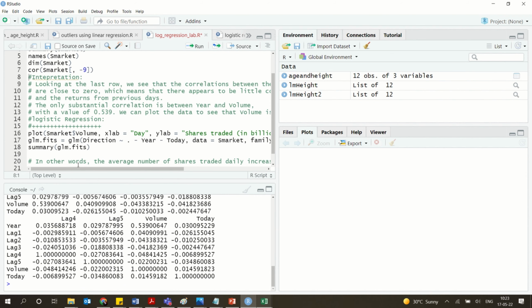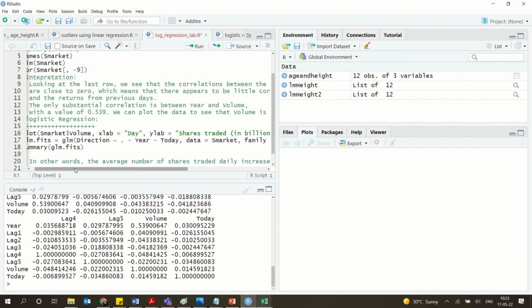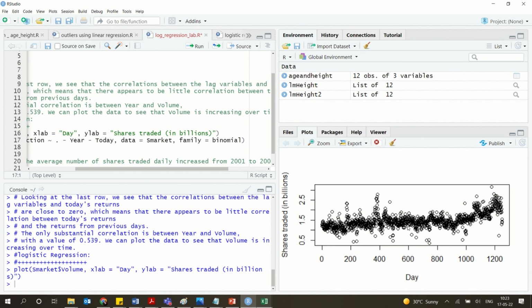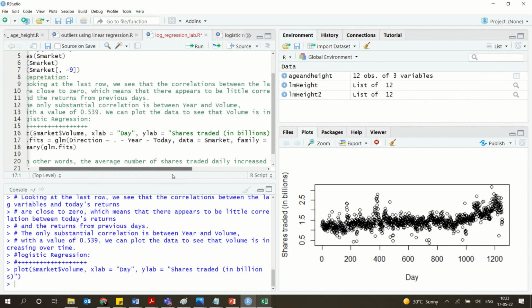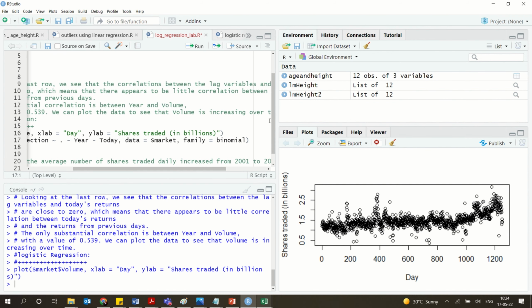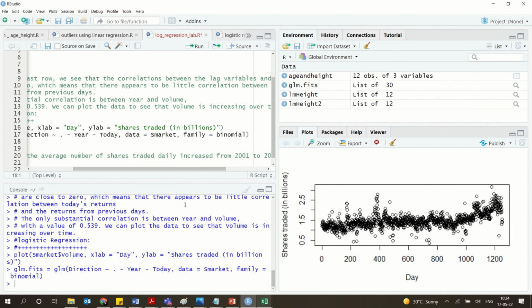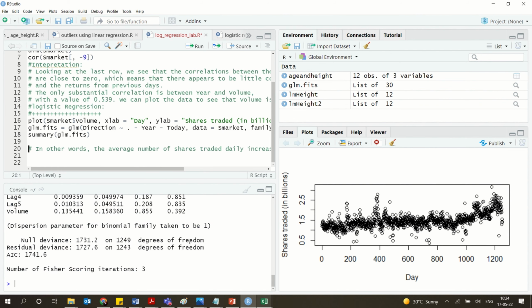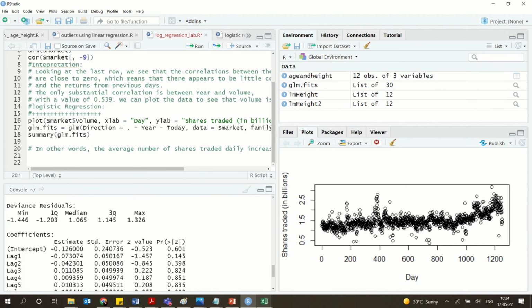When you plot it, you plot it by taking the various factors. Each day's values, the shares traded in billions, and the day show how the data has gone. It just gives you an idea about the data. There is something called glm.fit, which will help you to get the logistic regression of the data. And if you get the summary of glm.fit, which is the function for logistic regression, and when you look at it,